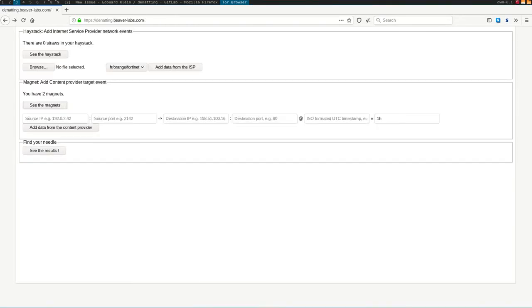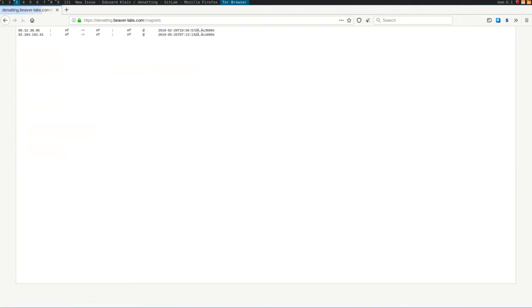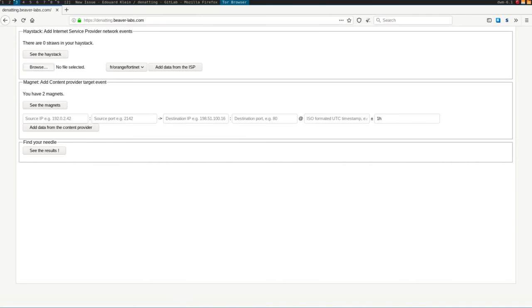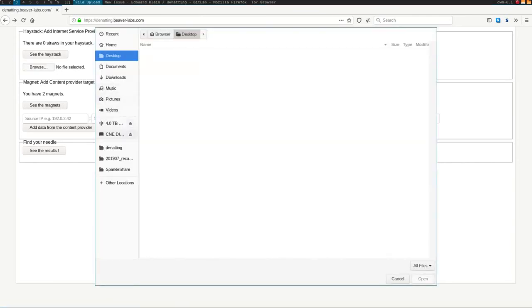And now you will upload the data from your ISP. So once again, this is what you got from the content provider, and when you ask the ISP who is behind this IP, he just told you, well, a lot of people are behind this IP, and what you said was, okay, give me everybody and I will manage. And this is what you get. You get a file from your ISP.